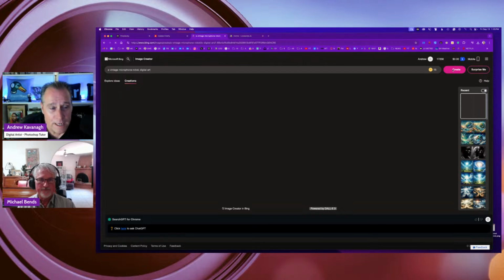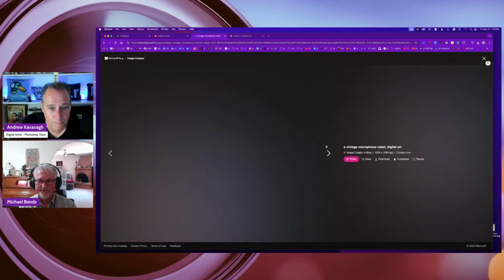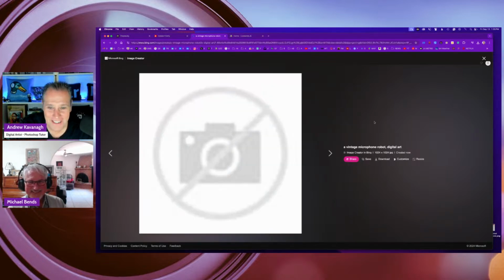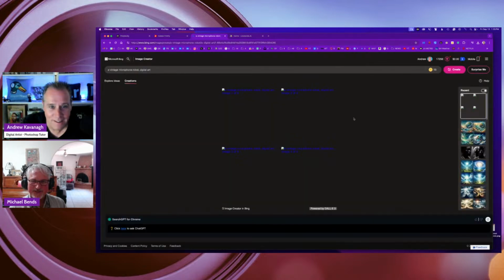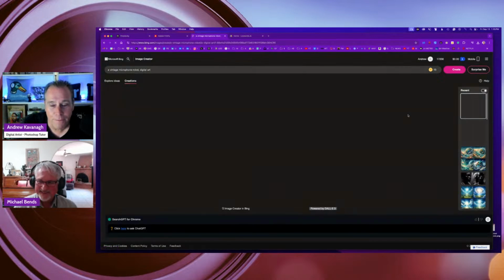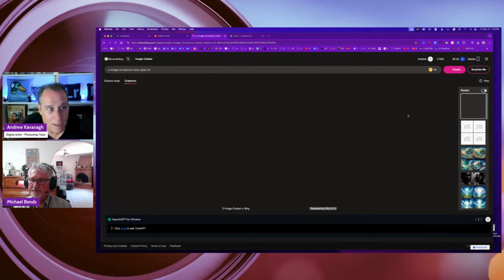But what I'm going to do is take that same prompt and go into Leonardo next and see if it does reference Salvador Dali better. Melting watches and crutches. So now it looks like it created images, but it's not showing them. They're all black to blend with the background. There we go. You really have to use your imagination. That's right. So I'm going to hit create again and see. But the fact that it's not taking the tokens makes me think there's maybe a bug with Microsoft Bing Image Creator today.